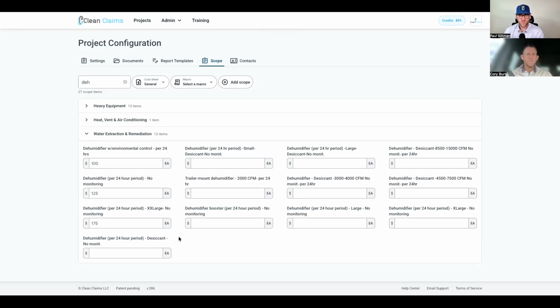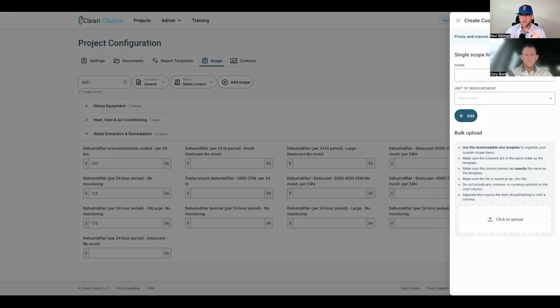One tip I want to share with you guys is that if you click this add scope button right here, it pulls out this little side toggle. This is where you have a couple options to do things. If you want to create just one line item, I can simply come right here to the name and type out whatever name that might be. So we'll call this